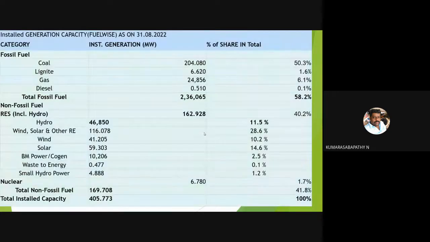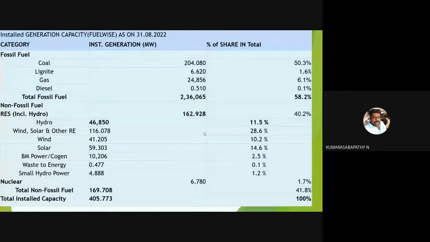So these are the details about the types of plants from which we are generating power. First, from non-renewable energy sources: from coal, we are generating nearly 50.3 percent of power, in lignite 1.6, by using gas turbine 6.1, and in diesel 0.1, and a total of 58.2 percent of power is generated from non-renewable energy sources. And from renewable energy sources,